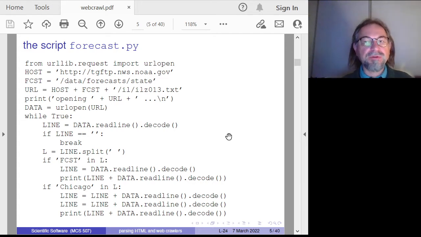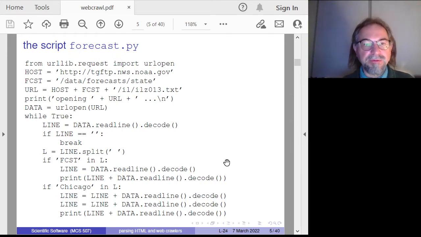In preparing for this code, you actually go to this web page and look for the structure. I was looking for the letters FCST, the forecast, and then also for the location Chicago. Once I see Chicago in the line, then I will read two more extra lines. Here too, when I see this FCST in the line, I will read one extra line and then